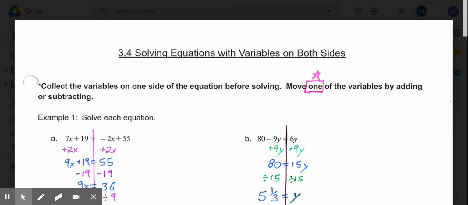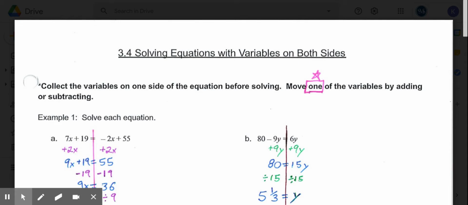Welcome to lesson 3.4, solving equations with variables on both sides. So we've already looked at one-step equations and multi-step equations, but in all those circumstances, the variable or multiple variables for combining like terms were on the same side of the equal sign. Now in this lesson, we will be looking at linear equations where the variable is on different sides of the